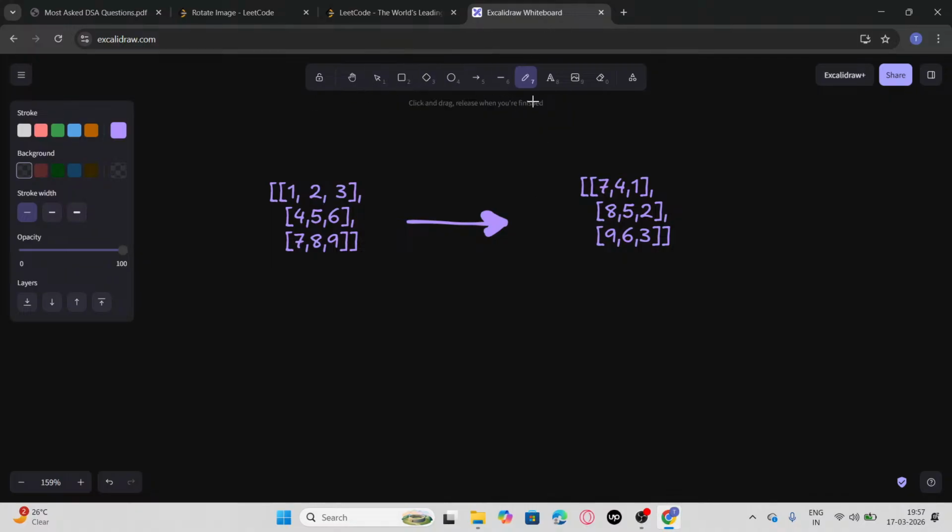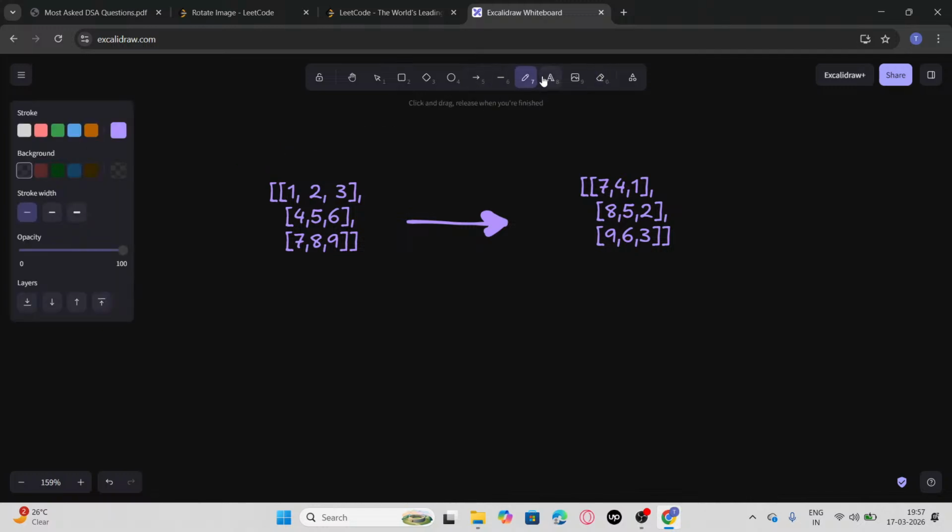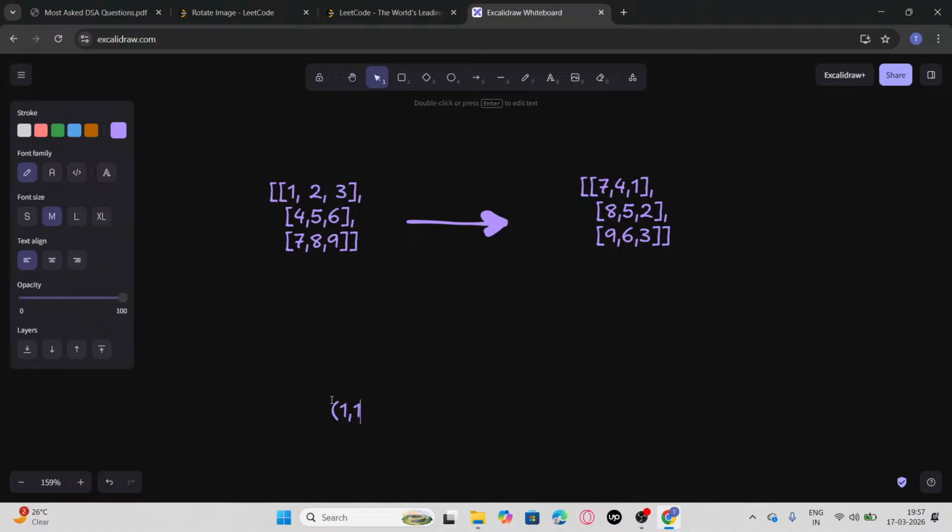Alright. Now how do we do it? We know that we are accessing this index. This index is going from 1, 1. This is going from 1, 1 to 1,